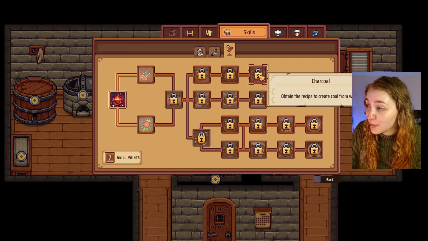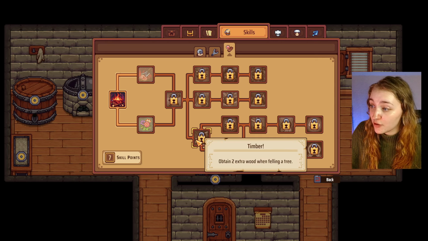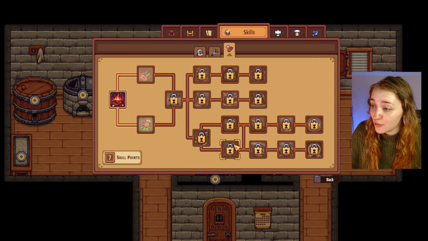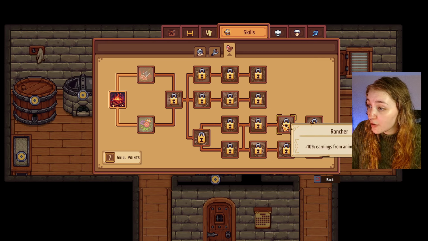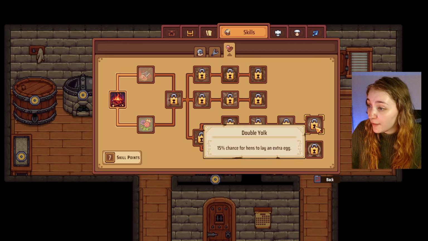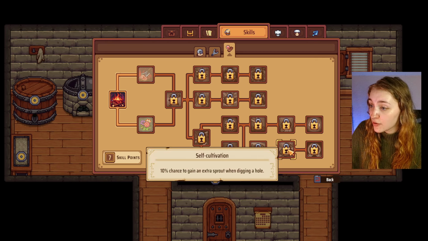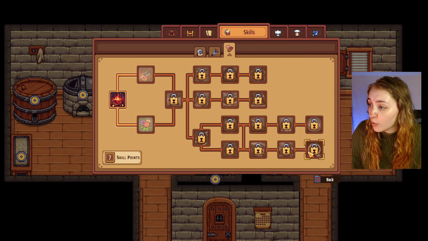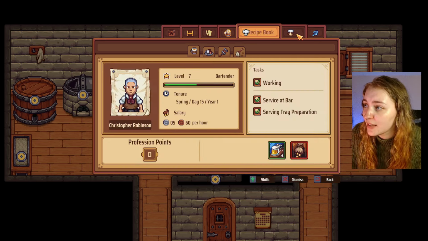Obtain the recipe to create coal from wood, can use +1 fish trap, obtain 2 extra wood when felling a tree, 20% extra mushrooms, 15% earnings from berries, 5% chance extra ingredient when harvesting crops, 10% animal product, 15% hens lay an extra egg, 10% fruit and veg, 10% chance to gain an extra sprout when digging a hole, 50% chance to obtain a seed when harvesting a plant. Wow. And then do I still have...